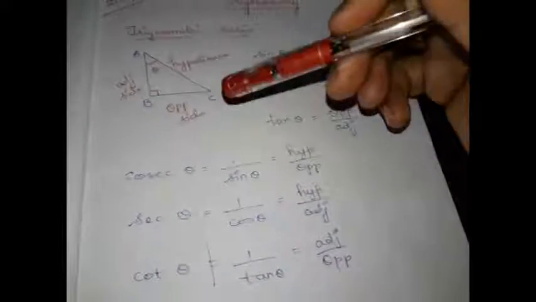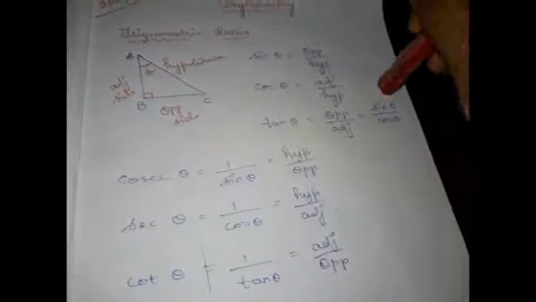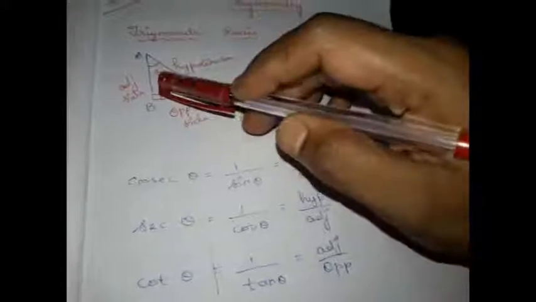Once all three sides are known, any of the trigonometric ratios can be defined for any of the angles in a triangle. I repeat, if any one of the trigonometric ratios is known, then all the other trigonometric ratios can be found using the Pythagoras theorem, because all these trigonometric ratios are defined on a right triangle. In a right triangle, we can apply the Pythagoras theorem and find the third side. Once all three sides are known, we can define the trigonometric ratios, right?